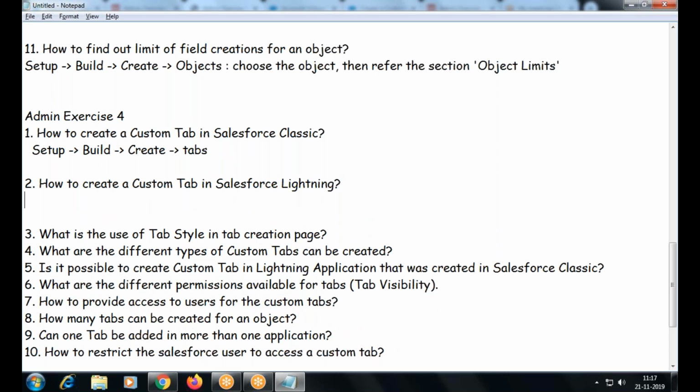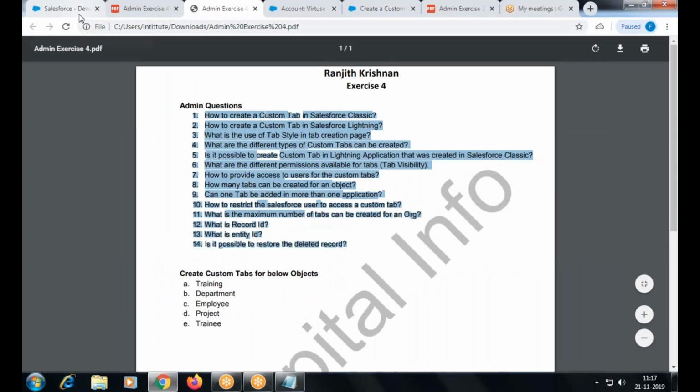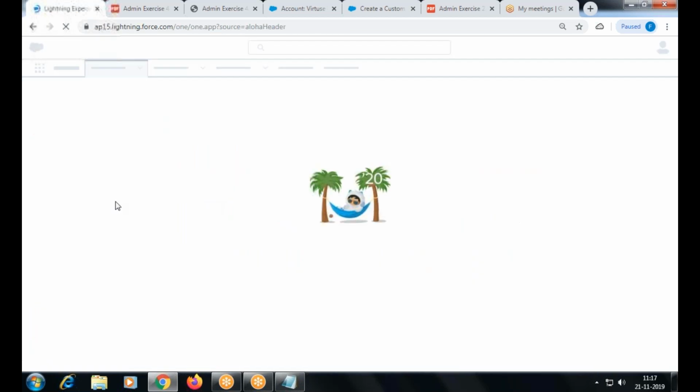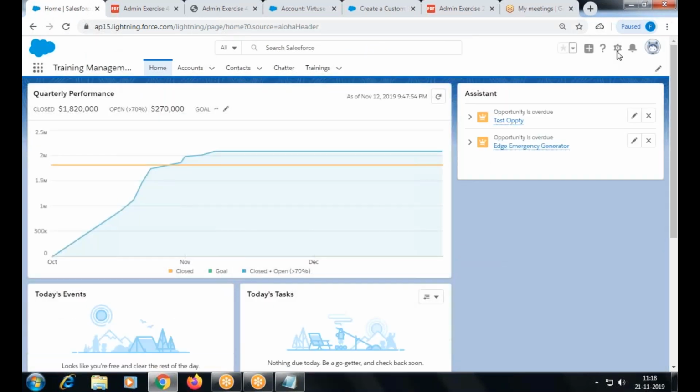How to create a custom tab in the Lightning experience? It should be under Platform Tools. Setup.